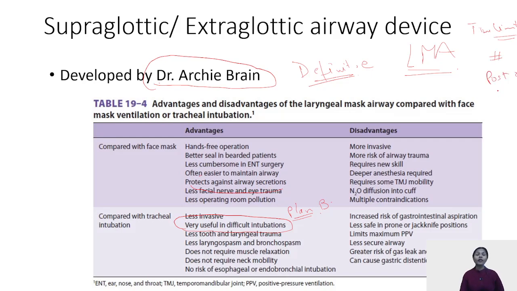In cases in which we need ICU care post-operatively, or suppose you have introduced an SGA and something happens intraoperatively and you decide that the patient is not hemodynamically stable and has to be shifted to the ICU on a ventilator, the SGAs have to be replaced with endotracheal tubes. Done. And one more important thing which I had forgotten is the positioning part. SGAs cannot be used in prone or jackknife position, whereas endotracheal tubes can be used in any position.